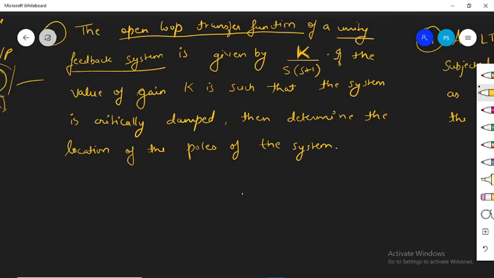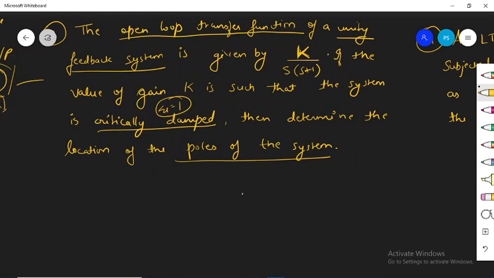If the value of gain k is such that the system is critically damped, so this is another information given that the system is critically damped. For a critically damped system, the value of zeta is equal to 1. So this information has been given to us. Then determine the location of the poles of the system. Now you have to find out the location of poles of the system for a critically damped